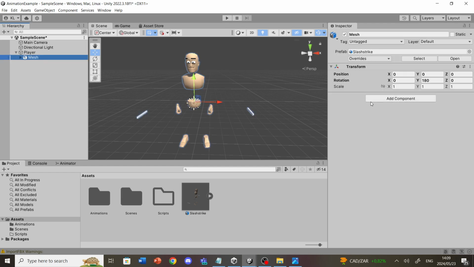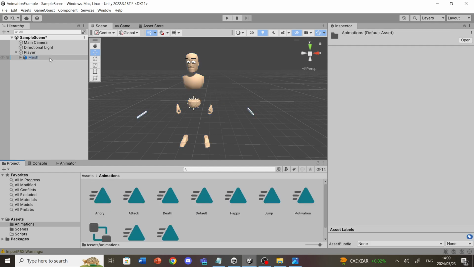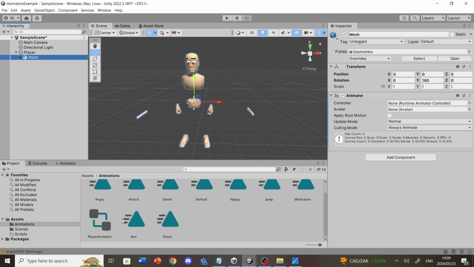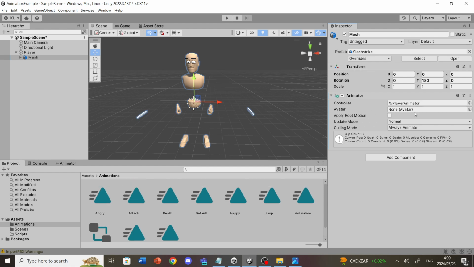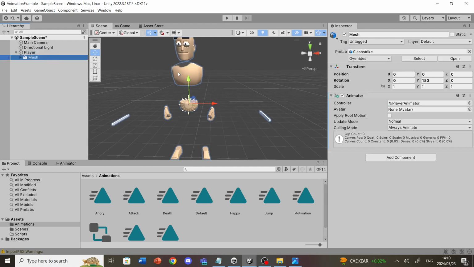Alright, so we're going to have to add an animator to our mesh, and we can go into the animations folder, and we have this controller called player animator. Drag it into the controller slot. There we go. Don't worry about the avatar, not necessary for now. He's still in hibernation waiting to beat the Fire Nation. Dropping bars. Okay, so we have our character here who's got his mesh,